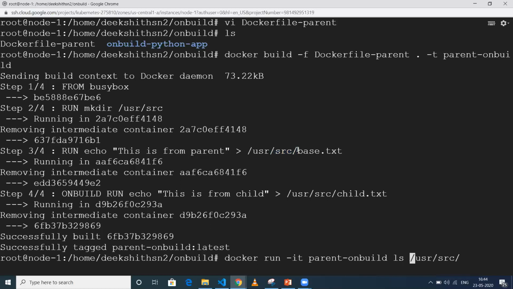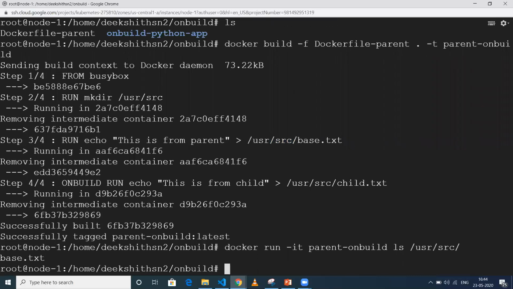When I do this, I should be able to see only one text file, base.txt, because the instructions we have given with ONBUILD shouldn't run now, since we are building our parent image. When we use this image in another Dockerfile, that file should be visible when you run it. Let me do a cat also for confirmation.